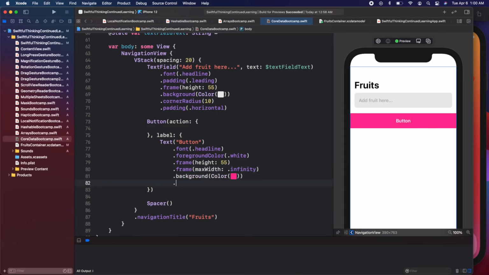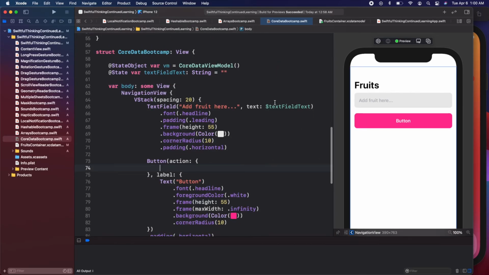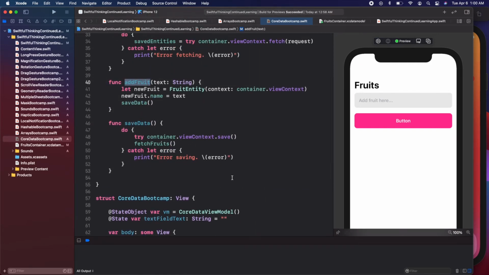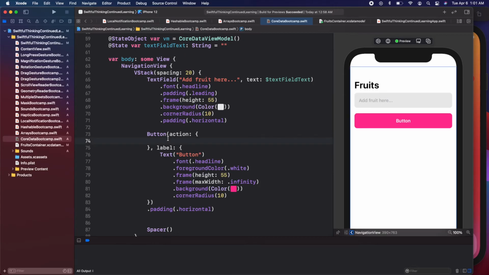Alright, let's give it a corner radius of 10 to match the text field. And let's finally add that padding horizontal onto this button so that it matches. Beautiful. When we click this button, we want to take the text field text and then call add fruit, which we made before. So in the button, we're going to say